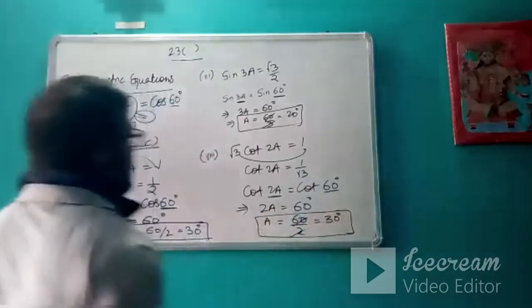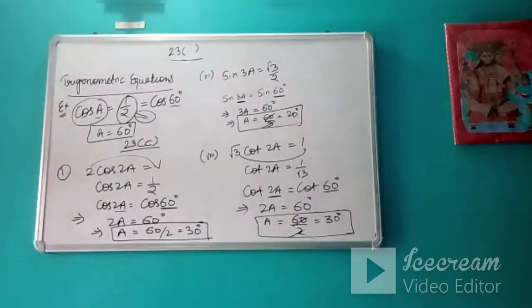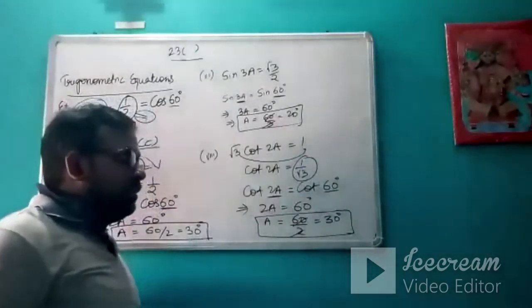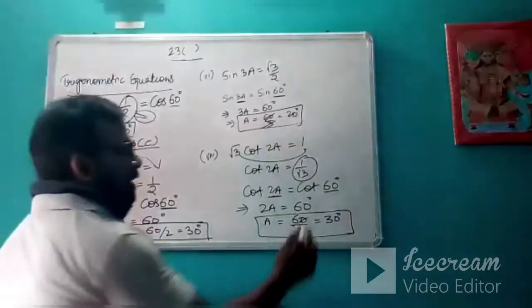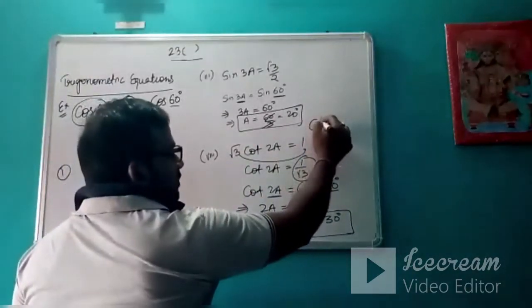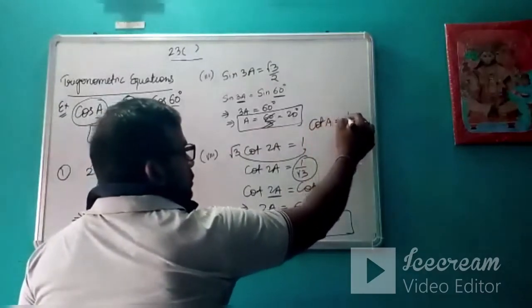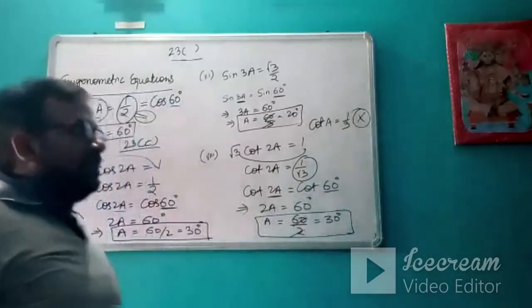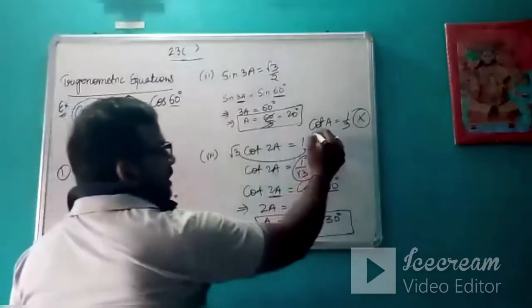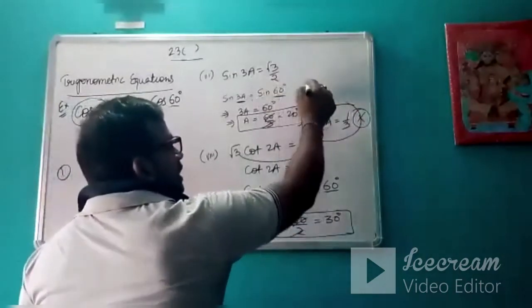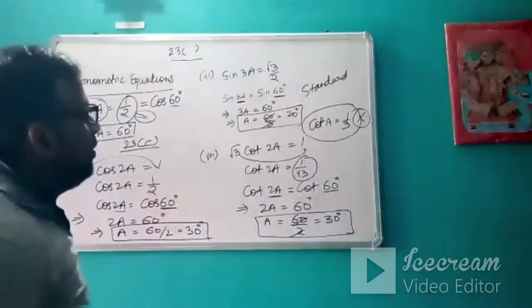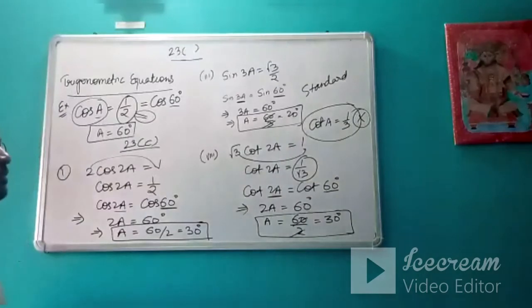So in this manner you can calculate the value of the unknown angles just by bringing one trigonometric ratio equal to one numerical value, and that numerical value should be a standard one that you know. Otherwise, suppose it is cot A is equal to 1 by 3, then you cannot find the value of A by the standard angle method. In this case we have to use the trigonometric table, which we will use to solve equations like this.